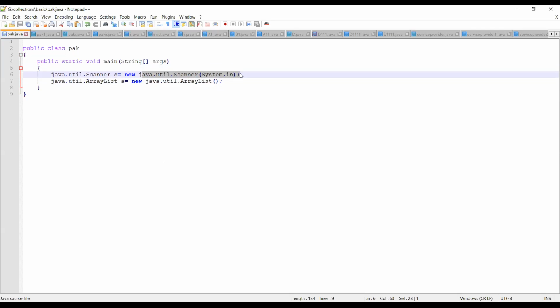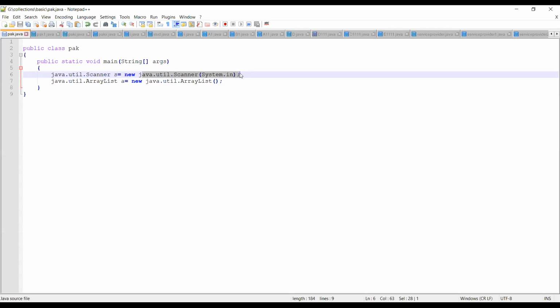Here the readability of the program will be very much less. Suppose you have many more such statements, many more inbuilt classes in your program. If you use this method to solve the compilation time error by specifying the fully qualified name, then the readability of the program will be reduced. Now the question is, do you have any other alternative method to write the same?